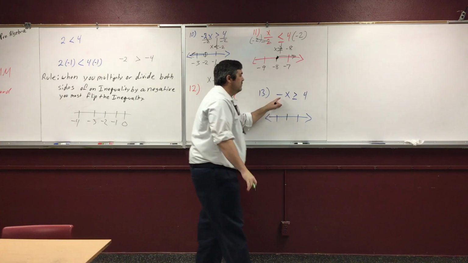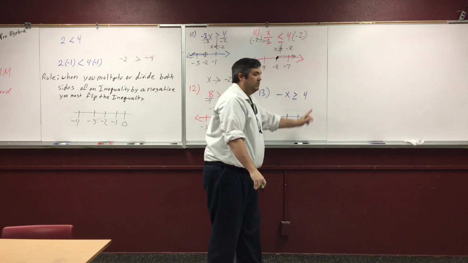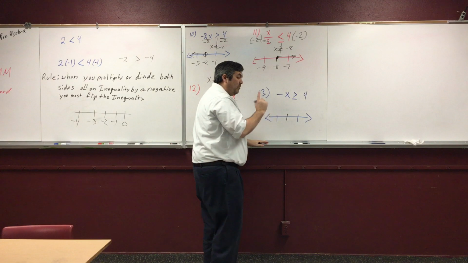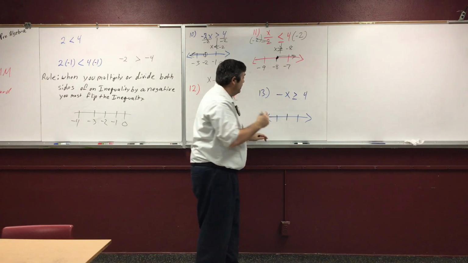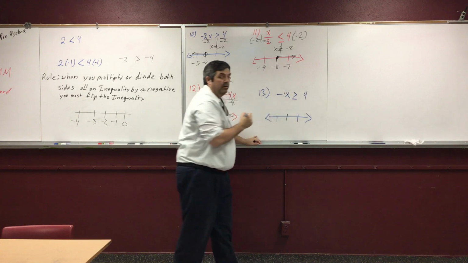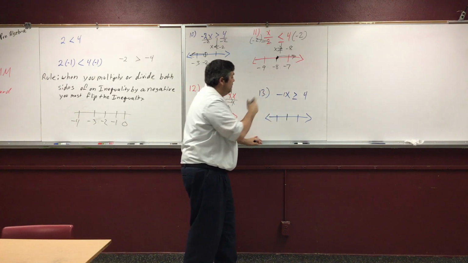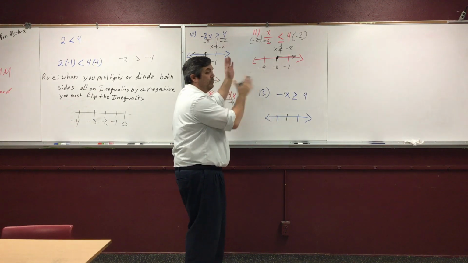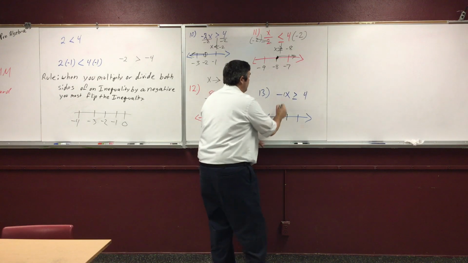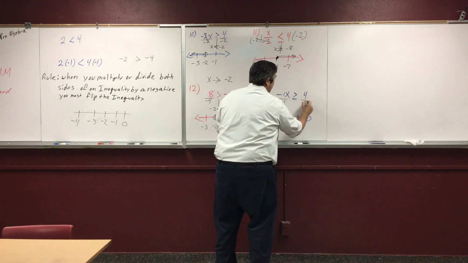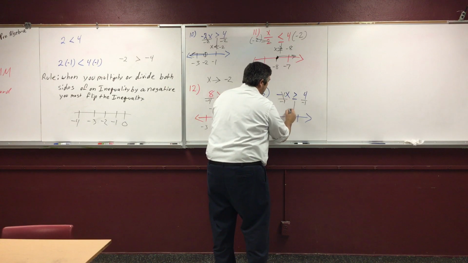All right, so here's the other one that you're going to see. Negative x is greater than or equal to 4. Remember what's in front of that x. If there's no number there, there's always a 1. So there's a couple different ways that you can do this, but I'm going to continue on with what we've been doing. Since this is negative 1 times x, we're just going to divide by negative 1. This cancels out, and you have x,